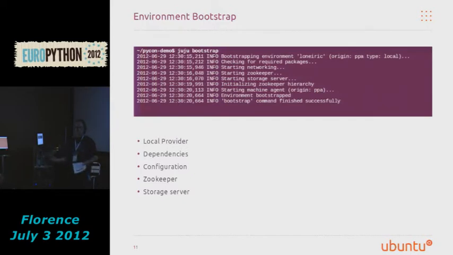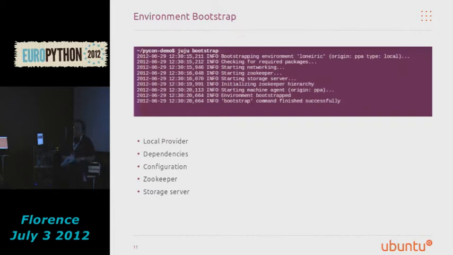We start a small storage server. Juju has some object storage requirements. If you're using EC2, it uses S3. If you're using OpenStack, it uses the equivalent object storage mechanisms provided by OpenStack. But for the local provider, we have a very small twisted application that just provides that equivalent functionality for local development.